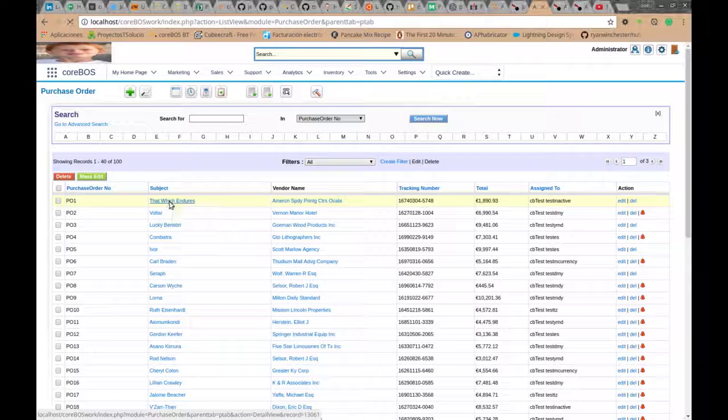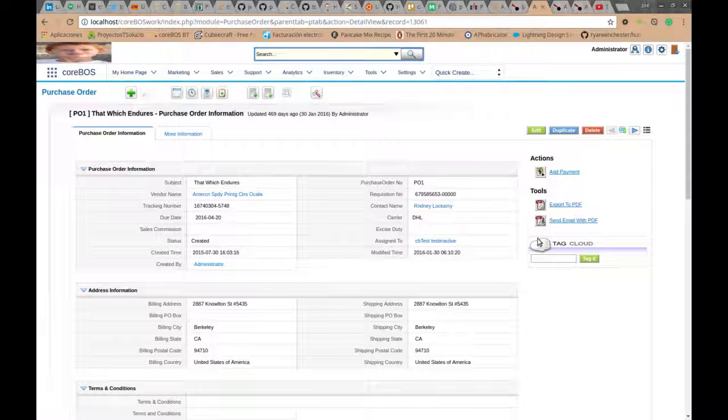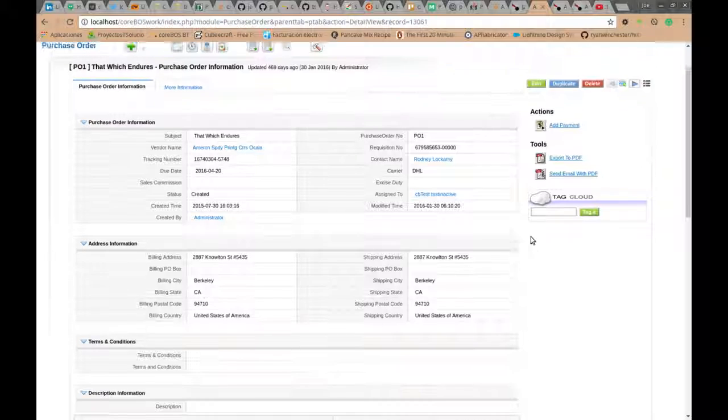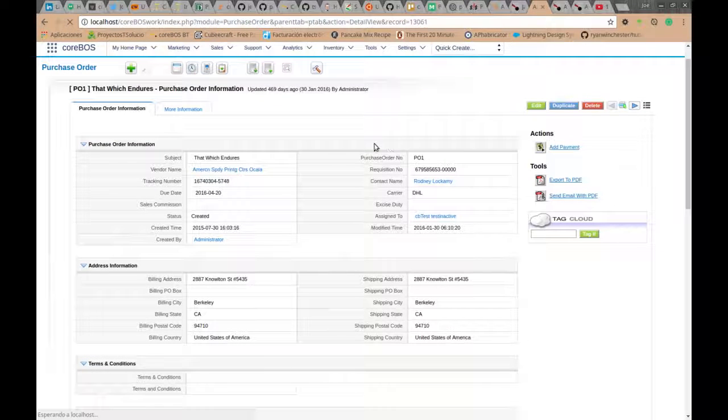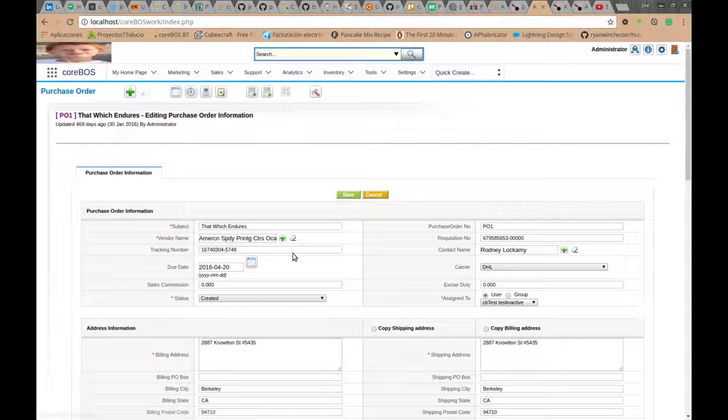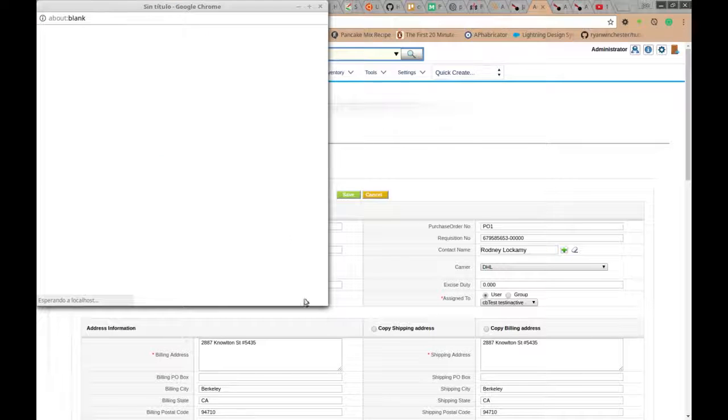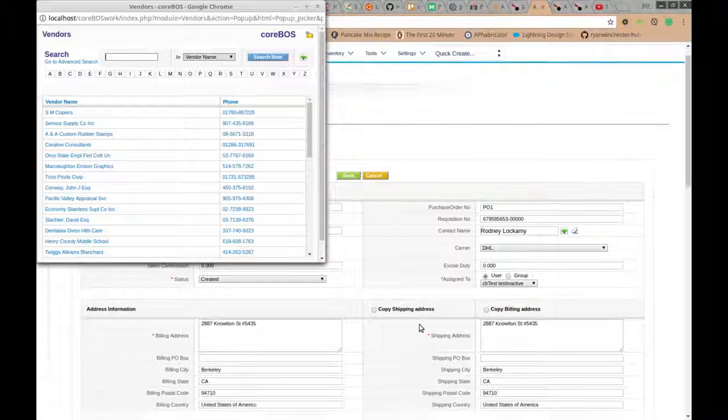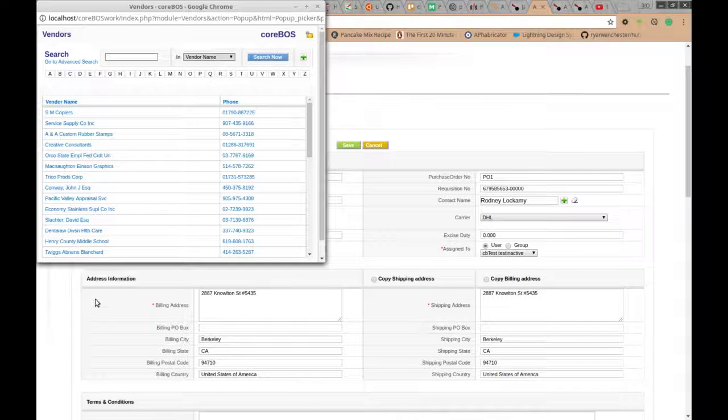Okay, I'm going to pick here a purchase order from our demo site, demo information, and I'm going to edit this record, and I'm going to select the vendor here. Let's make this a little smaller, and I'll bring this up. Okay, down here I have the address information block where we can see the billing address and